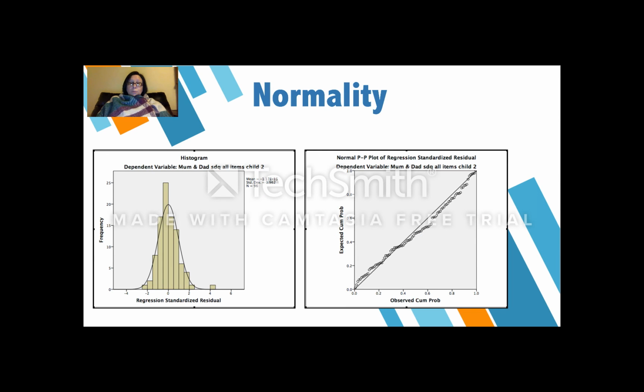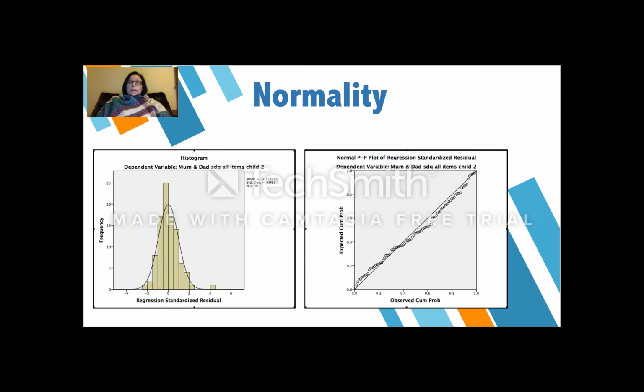And then to test the normality of residuals, we want to look at the histogram and normal probability plot, and the distribution is very normal. The histogram is symmetrical and approximately bell-shaped. The PP plot shows deviations from normality as deviations from a diagonal line, and for our model, the dots lie almost exactly along the diagonal, which is a way to indicate normal distribution. So hence the plot also suggests that the residuals are normally